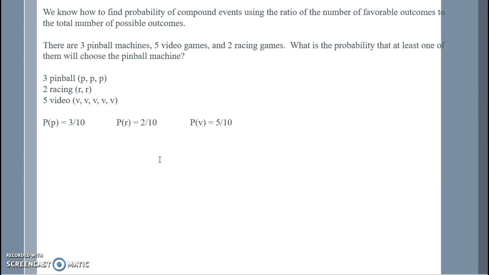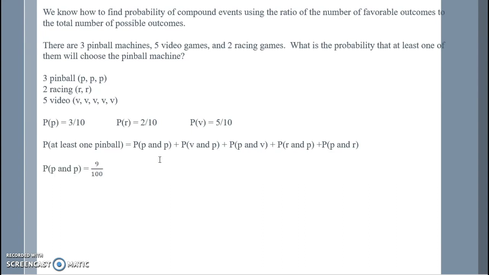Let's keep the same thing, except what is the probability that at least one of them will choose the pinball machine? So at least one pinball would mean that somewhere in our probability we would need to assign at least one pinball. So pinball and pinball, video and pinball, pinball and video, racing and pinball, or pinball and racing. These are still independent events. So we know from the previous slide that pinball and pinball is 9 out of 100. Video and pinball would be 5/10 times 3/10,